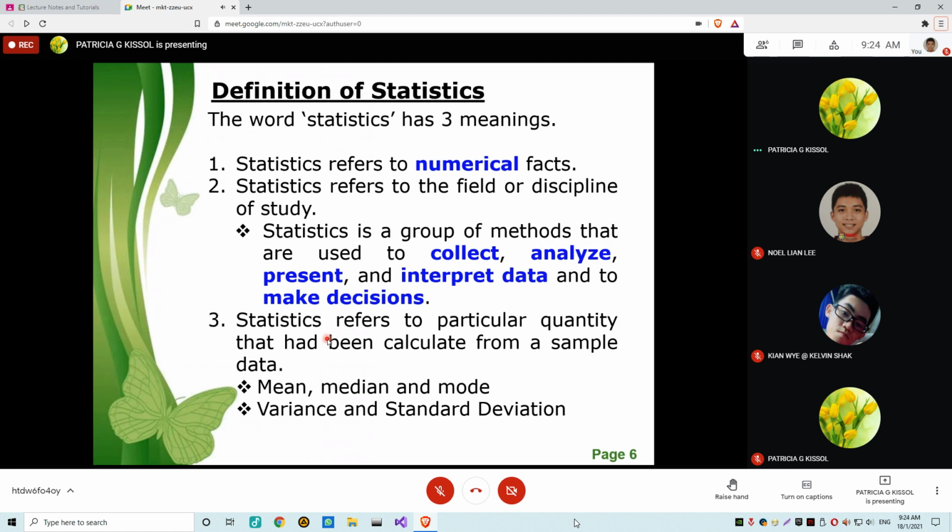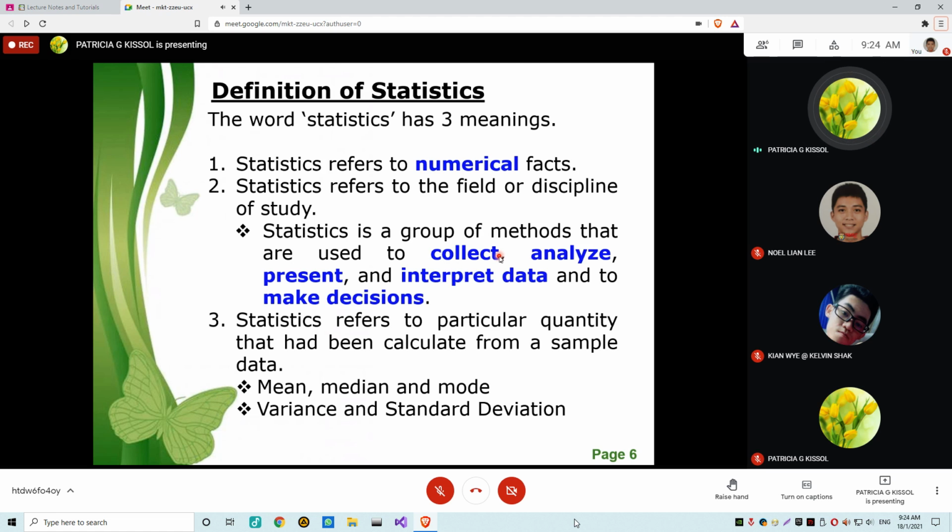And that's the first meaning. Statistic refers to numerical facts. And then statistics also refers to the field or discipline of study, in such that the process involves five steps: